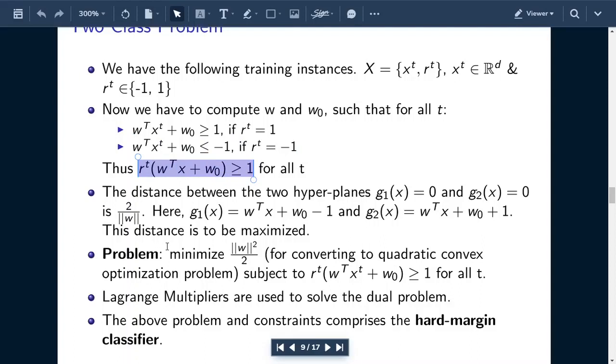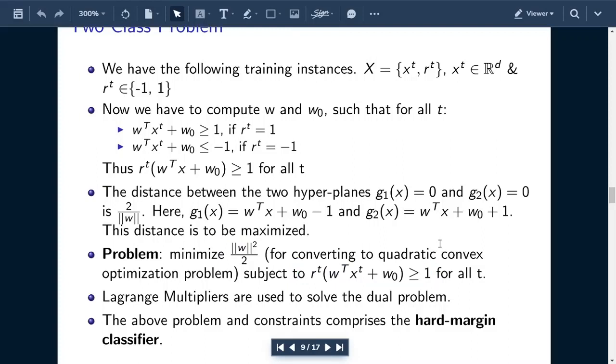And if you remember, we just said that we have to minimize w. So we have to minimize w square by 2. We are converting it into a square so that it becomes a convex quadratic optimization problem, and there are certain results available with it. It actually seems beautiful. So this is what we have to minimize, and subject to this is the constraint. Those of you who are familiar with linear programming can say that this is the objective function and these are the constraints that we have to work upon. I'm not going to go into detail of that.